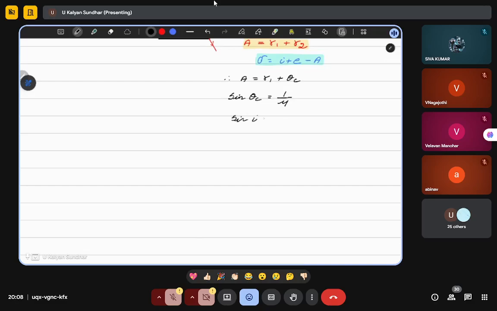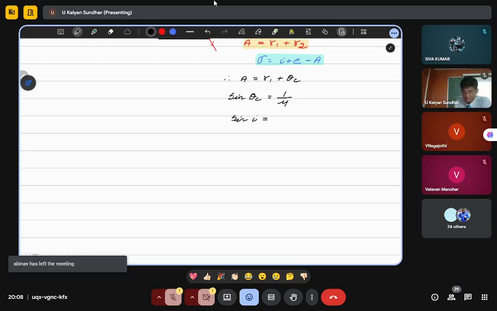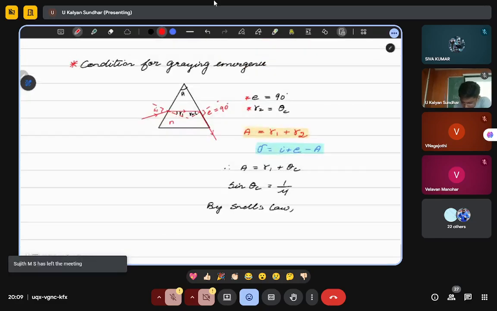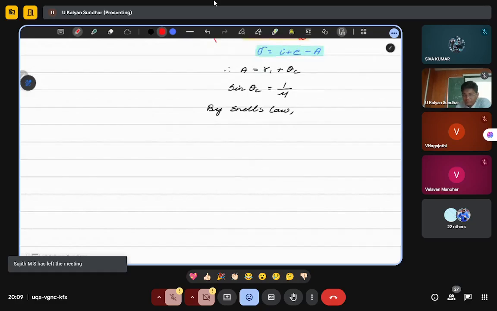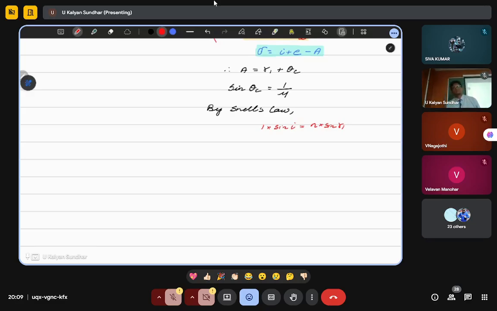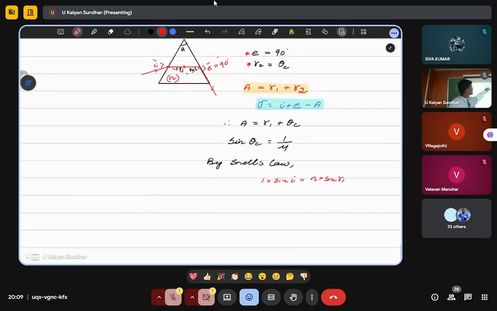Now your sin I, that is by Snell's law. So it has been moving on with the respective outside medium, and inside this is going to be your refractive index of, let it be n. So I can write it as 1 into sin I will be equal to n into sin of R1. Correct, right? First refraction